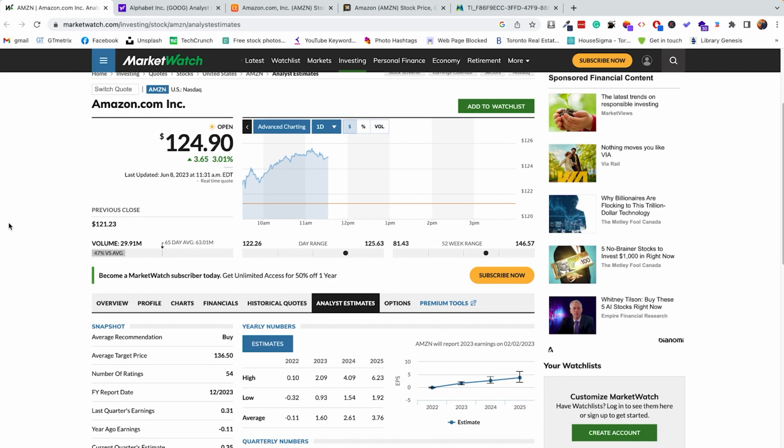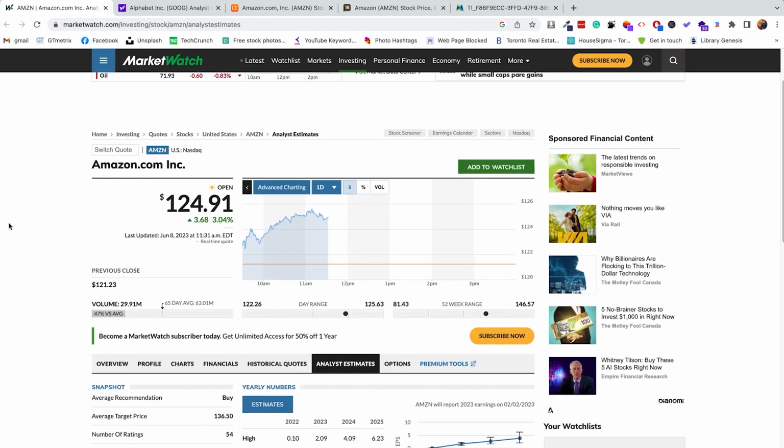So there are many different ways in which you can get analyst estimates for stocks. In this case, I'm just showing you the one from MarketWatch, but I want to show you how you can get them from different sites. And then I also want to show you an actual report of a particular set of analysts, so that way you can see how that is performed and how that eventually leads to the recommendations that are simplifications, which you see on websites like MarketWatch.